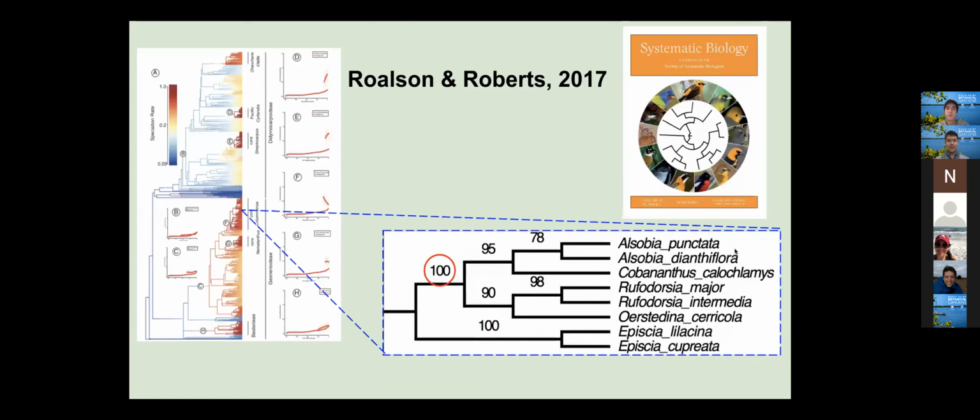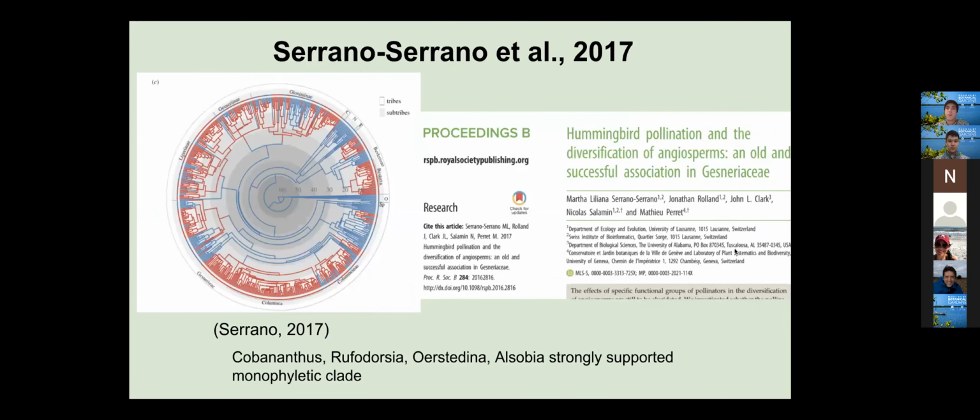So returning to the background studies, the second study was Rolson and Roberts from 2017 in the Systematic Biology Journal. It again shows that the 4 genera are a monophyletic group, and it is strongly supported by a 100 bootstrap value. The third and final study is Serrano et al. 2017 from the Proceedings of the Royal Society Journal. Once again, this study evaluates the 4 genera to be monophyletic. So we aren't going to show the results for the 130 species in this study because they are already supported. This allows us to shift the focus to the relationships among the 4 genera.